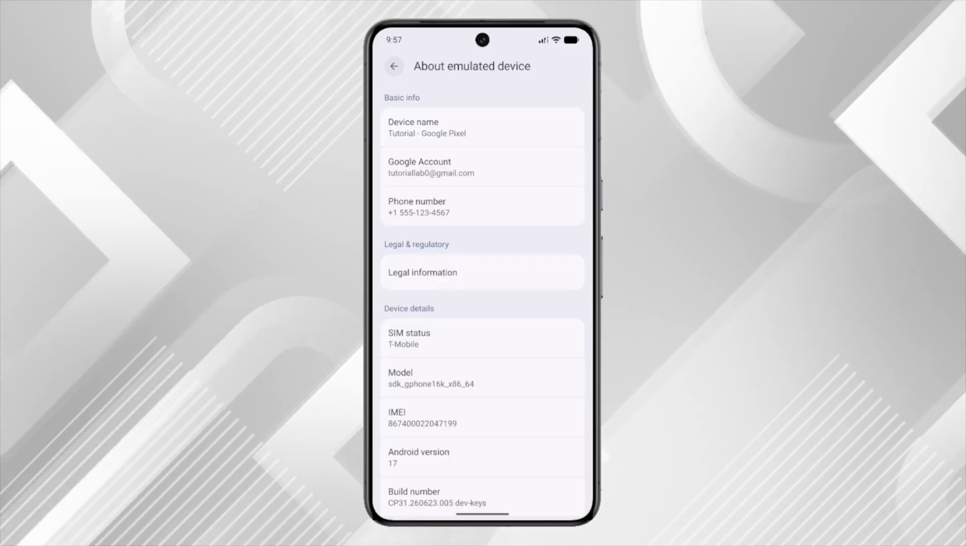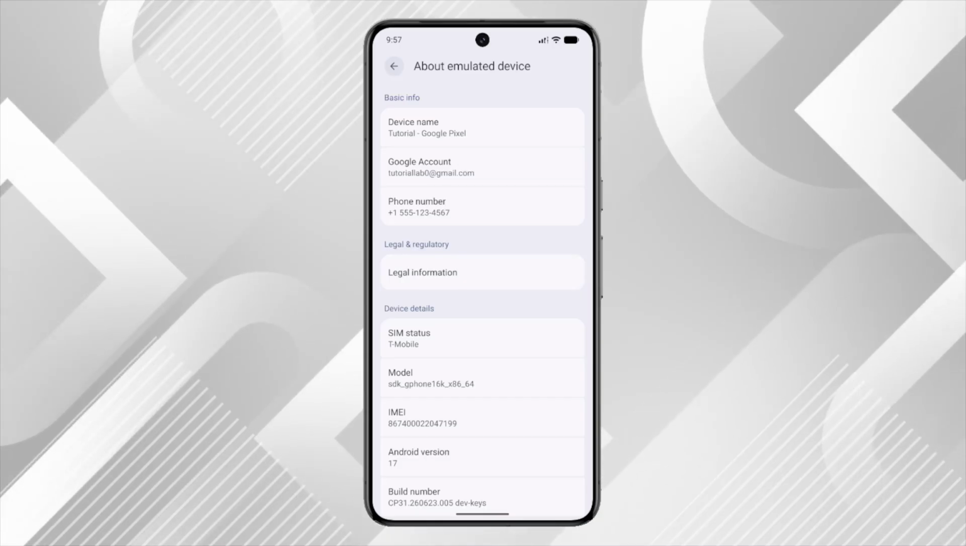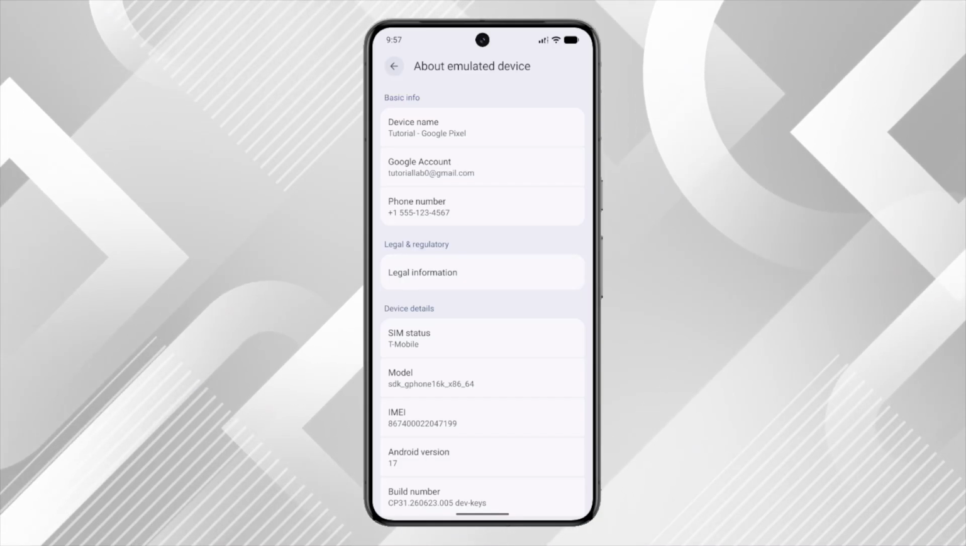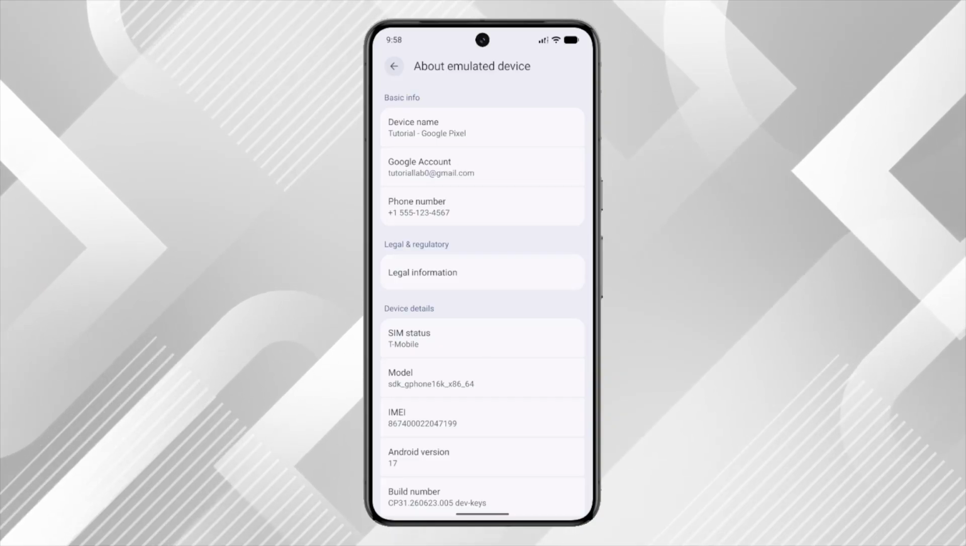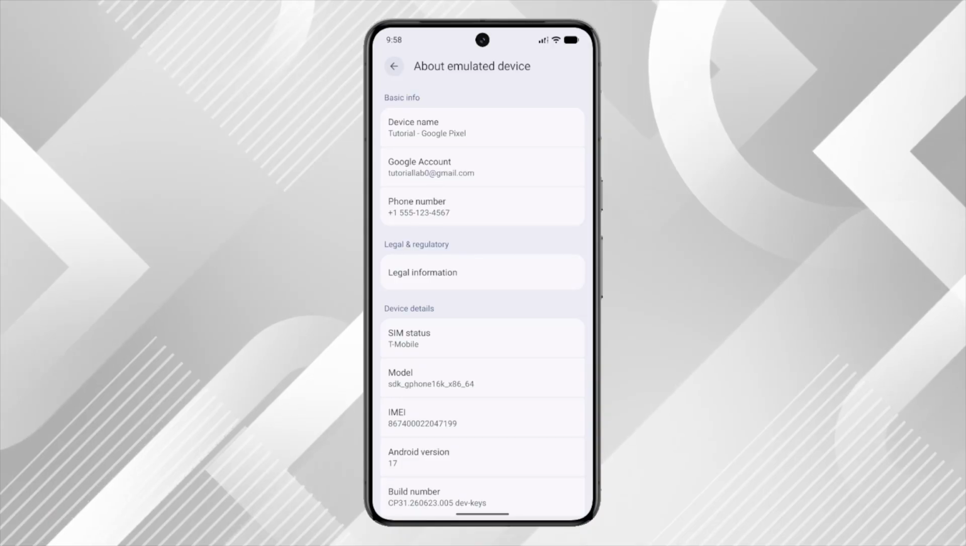And that's it. Your Google Pixel now has a brand new device name that will appear whenever you connect to Bluetooth devices, cast to smart TVs, or join Wi-Fi networks. You've successfully personalized your device to make it